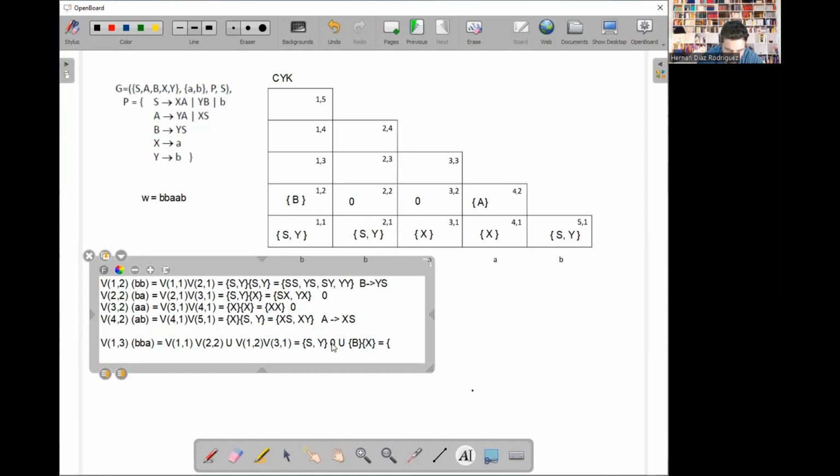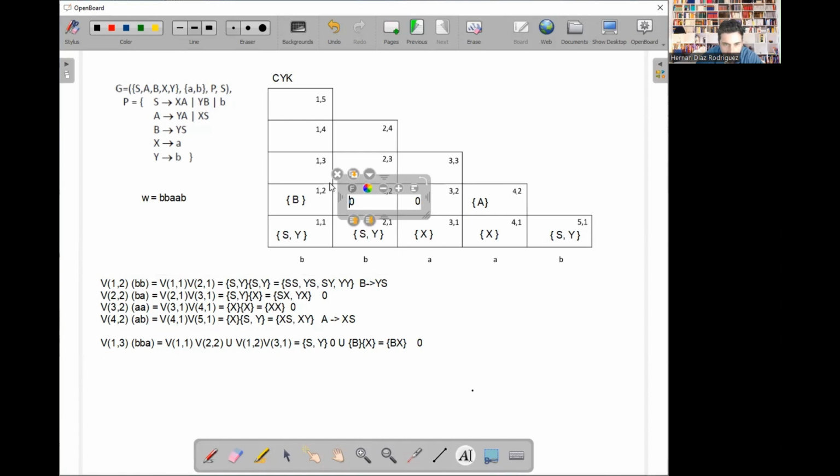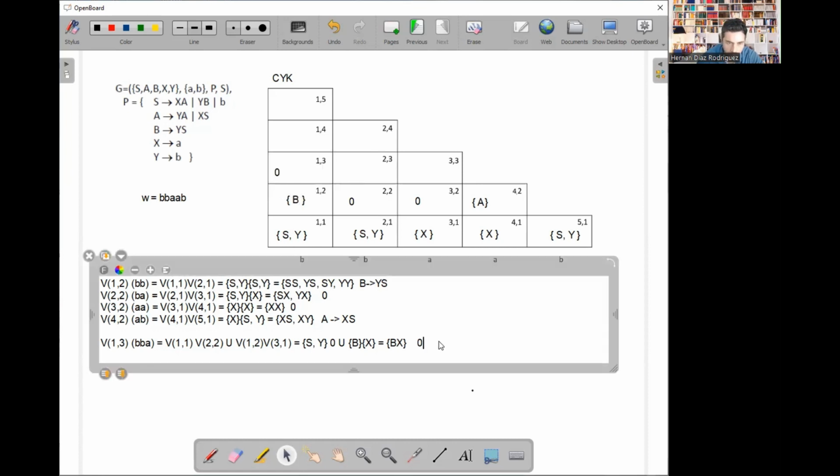So this is the only possible combination that we have, which is BX. If we look into the grammar, there is nothing that generates BX. So in this case, it will be empty. We go to the next row,